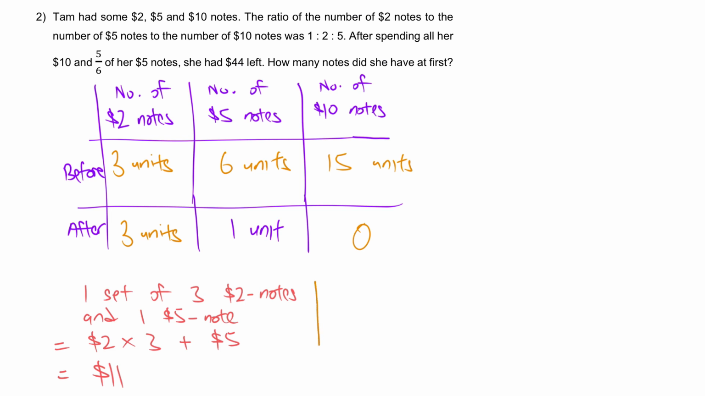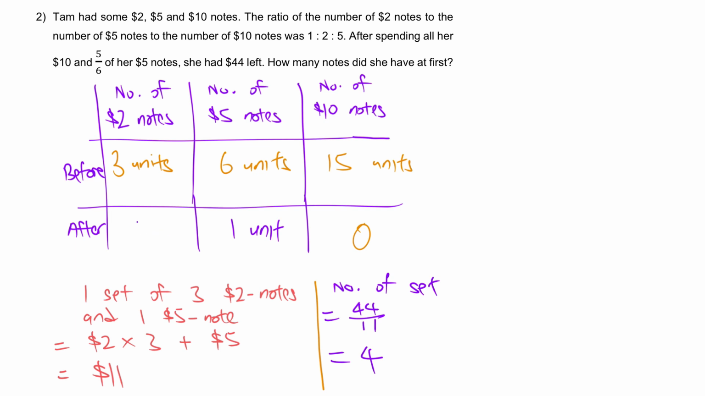Okay, so next step is number of sets, all right, which is 44 divided by 11 to give us 4. The only way this will give us $44 is to have 4 sets of this, which means right now we can have an actual number of notes. All right, 4 of this, which means there is